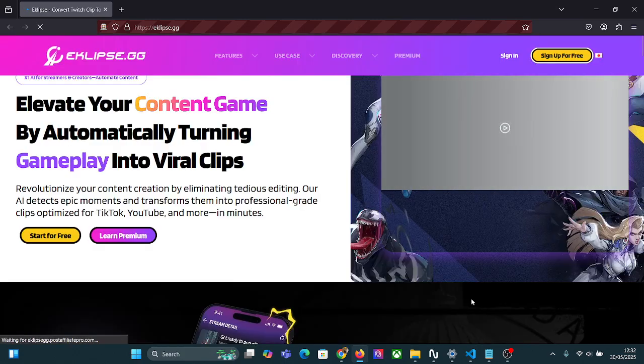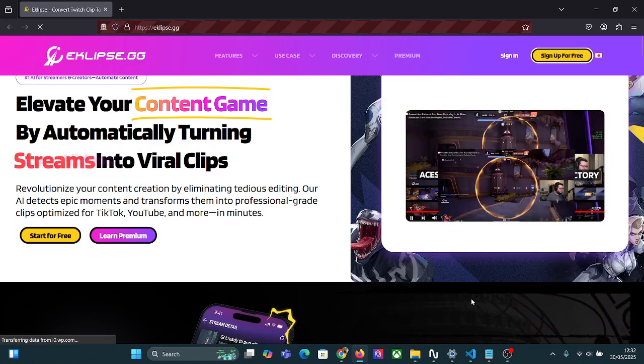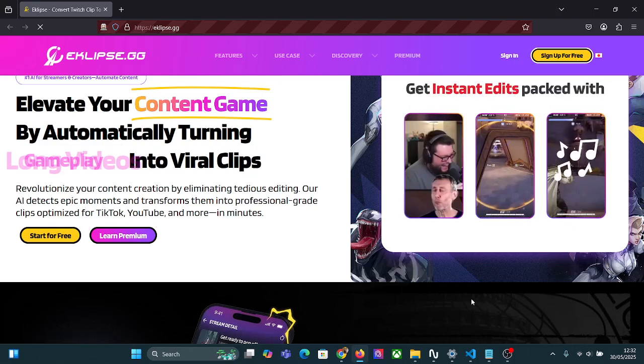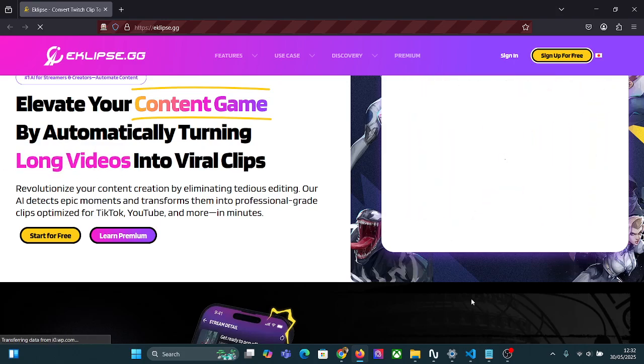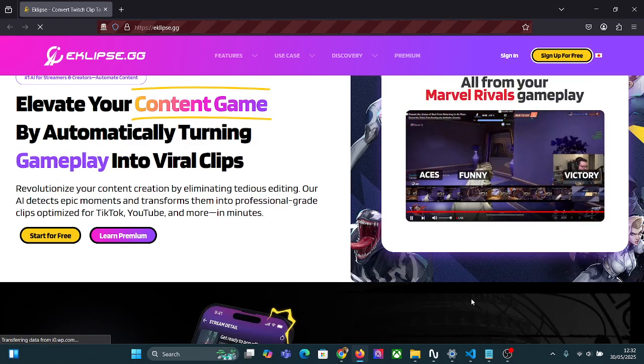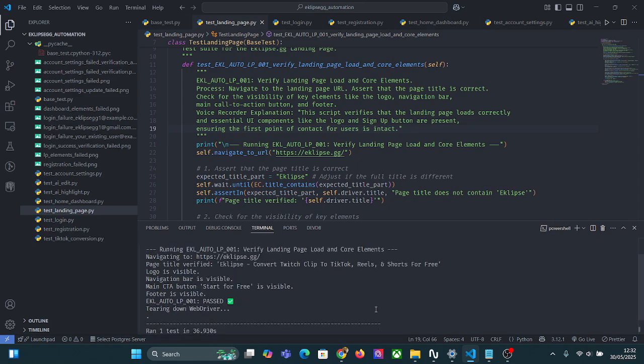The Firefox browser opens, and then Selenium checks for the elements that are loaded on this web application. Now we can see the process. First, it's navigating to https://eclipse.gg, and then it verifies